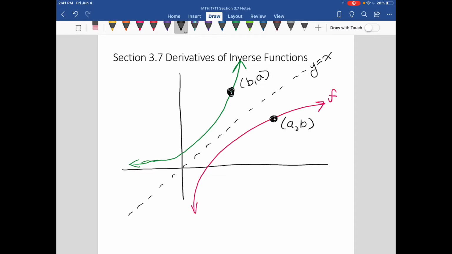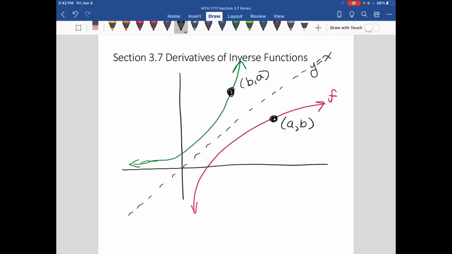In this lesson, we are going to take a look at the relationship between the derivative of a function and the derivative of its inverse. There is a relationship between the two, and once we find that relationship, we can use it to find the derivatives of inverses without using the limit definition. Also, we are going to use that relationship to actually derive some of the inverse trig function derivatives. So to get started here, you can see in pink, I have a function labeled as